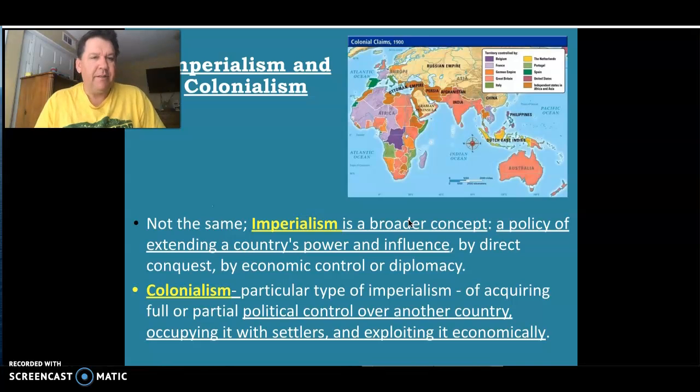The tougher part here that I can't really teach, unfortunately, so hopefully you'll get this, is the difference between imperialism and colonialism. Again, this all kind of goes along with the ideas. Imperialism is the broader concept. It is a policy in which I control you guys. You could argue that my classroom is imperialist because I have an influence over you guys. Now, imperialism doesn't necessarily mean I have to have somebody there. I can walk away from my classroom and assume you guys are going to follow the rules.